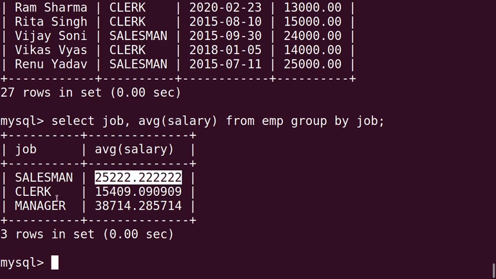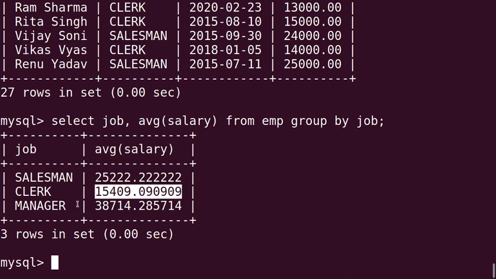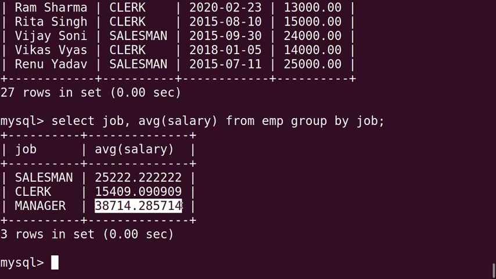All the clerks' average salary will be 15,409.09, and all the managers' average salary will come 38,714.28. Here the results are not sorted, right? So next query you just see.